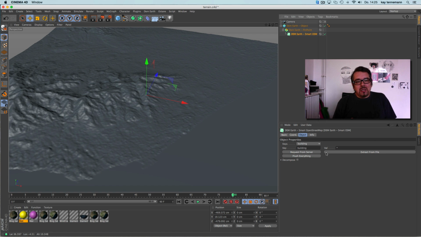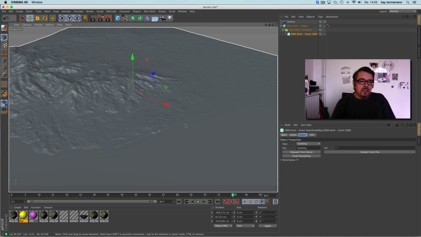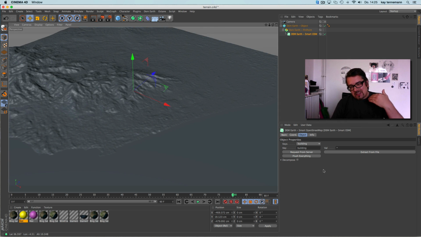This object connects with a different service on the internet, and this service gives some data about streets and buildings and more. With just a click of a button you can download it from the service, and the smart OSM object makes splines out of this.